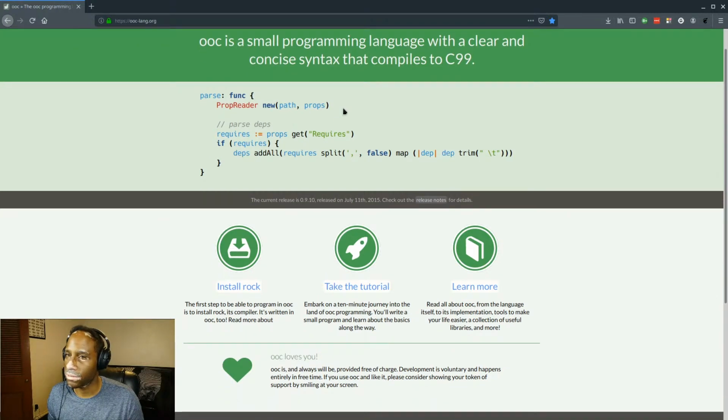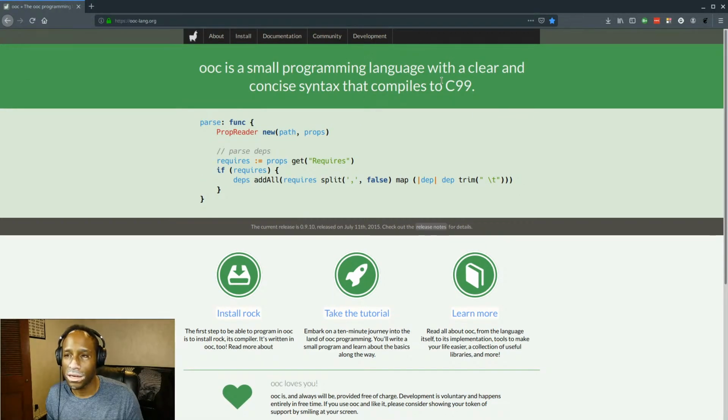I'd like to see more from this because it seems like it covers both of the things that games and game development want, which is something fast like C, but not as easy to break like C. In C, it's easy to allocate memory and then forget to clear it, or allocate memory and not pass it correctly from function to where you're storing it, so it ends up being destroyed somewhere, or I guess it ends up being a memory leak. It seems like a little bit of a higher level C, like Go. So that's what I'd like to see more from this.